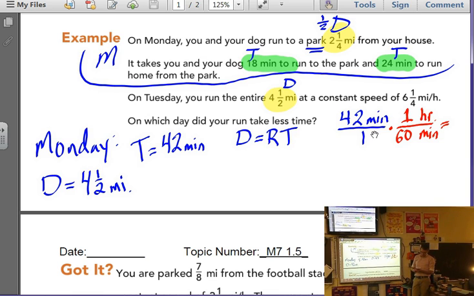Is there a nice fraction, or is it? Yeah, it's 0.7. So that is